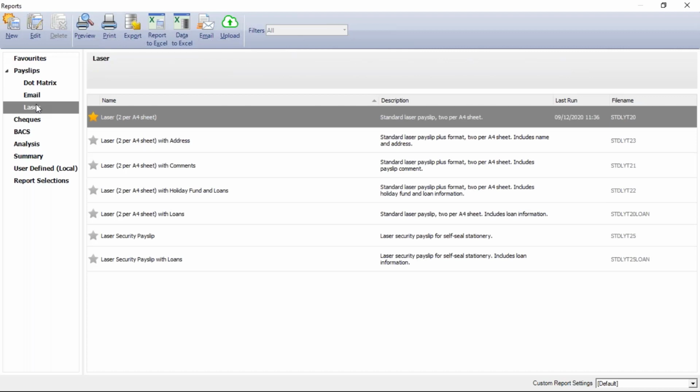So let's assume that we want to print some payslip information. I've just selected the standard laser payslip layout. The different output options are here at the top, so you can preview first, you can directly print, you can export as a PDF or various other formats. But if I do the preview,